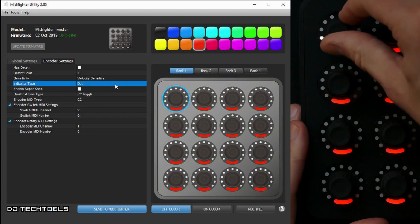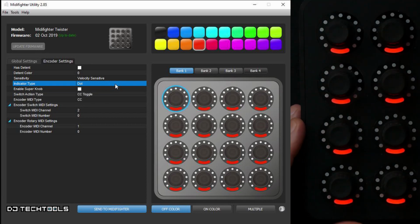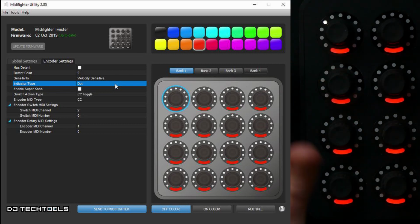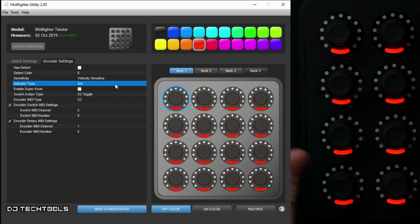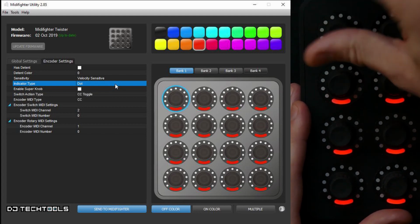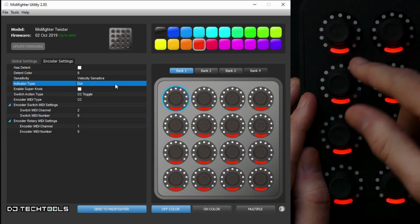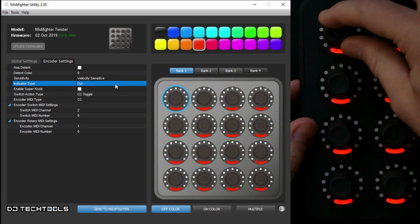One nice thing about the dot mode is that if you know exactly what each of these values is, when the dot comes on, you know exactly what the value of the encoder might be, or what range it is in, very precisely. So I think it can be useful. It's one of those I will consider using in some cases, because sometimes I want to know exactly what it is. For instance, if I were to control just the note value of a sequencer step, and I wanted to know exactly whether it was a C or a C sharp or a D or whatever it was,